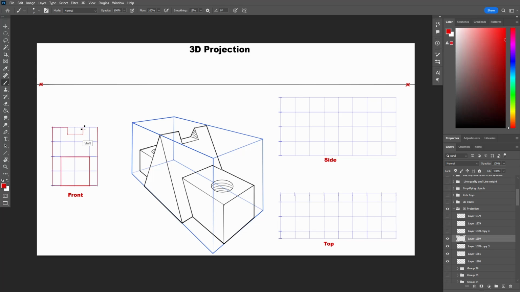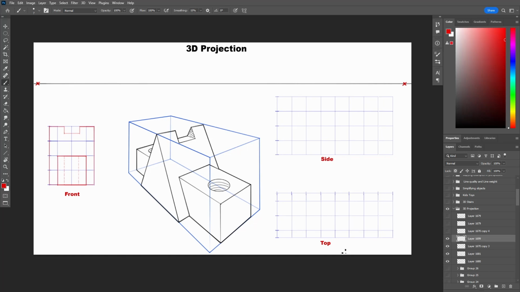Finally, the hole is 1 unit in the center, but it's hidden, so it will be in dotted line. From the side, we have the pyramid 4 units wide and 2 units for the box on each side, but to be sure, let's draw a horizontal line and divide it into 4 equal parts and see where these parts are in comparison to the object. We can use this if we are not sure how accurate the measurements are.